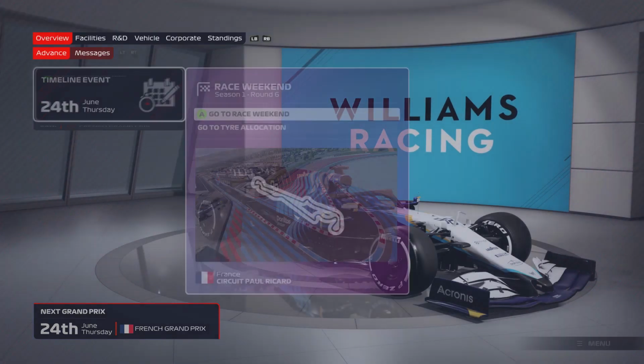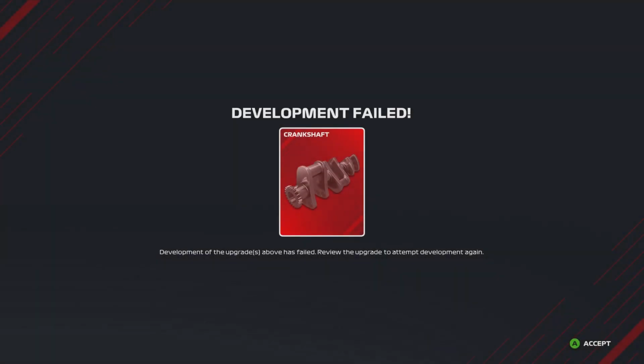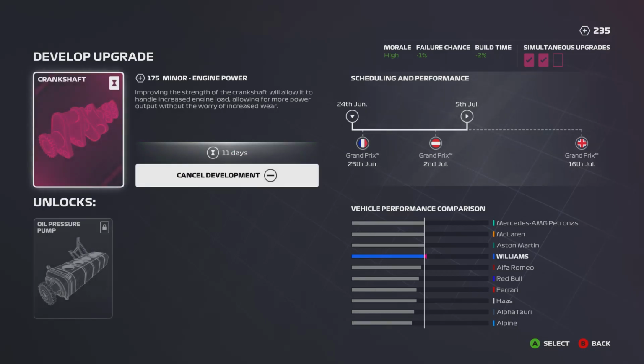Oh, for goodness' sake. I swear to God. Nothing wants to work for me, does it? It's a PU one, which is annoying, because it would have helped us a little bit in a straight line. Oh, it's going to come till after. Fine. Do you know what? We'll stick it on. It's not the end of the world, that one, but...